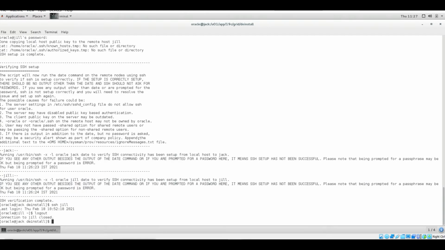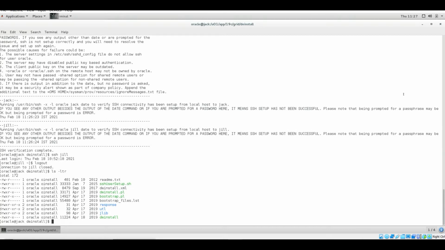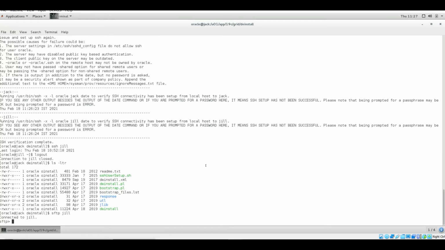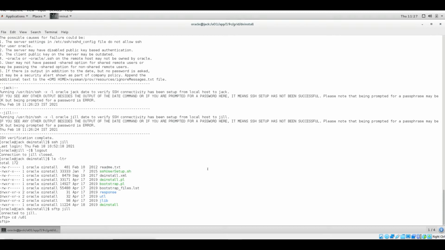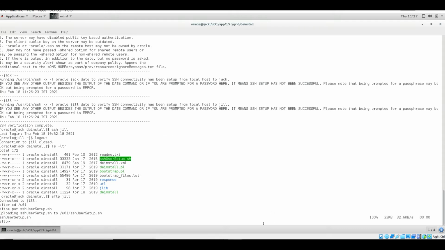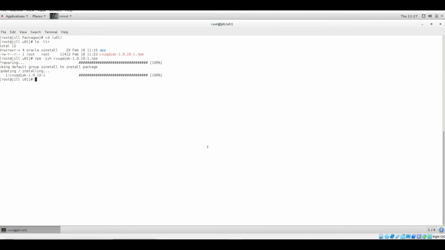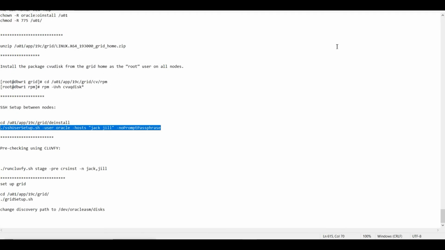Now what I need to do is copy this to my node 2 also, and run the SSH user setup from there too. And let me run this.